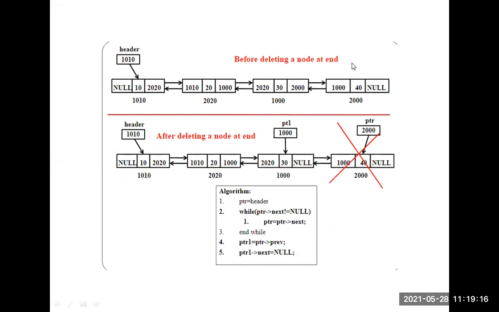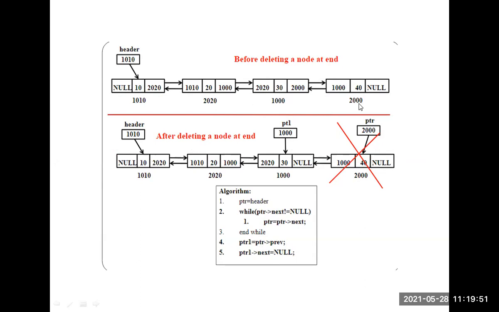So how do we delete a node at the end? We are considering one loop here. By considering that loop, when the right link contains null, then we already know that we are considering some root node in pointer, while pointer of next equals null. So if there is null, it comes out of the loop. Now pointer is 2000. I want to delete this node, which means the previous node address is stored here. So that node's right link contains null, and you replace that with null.